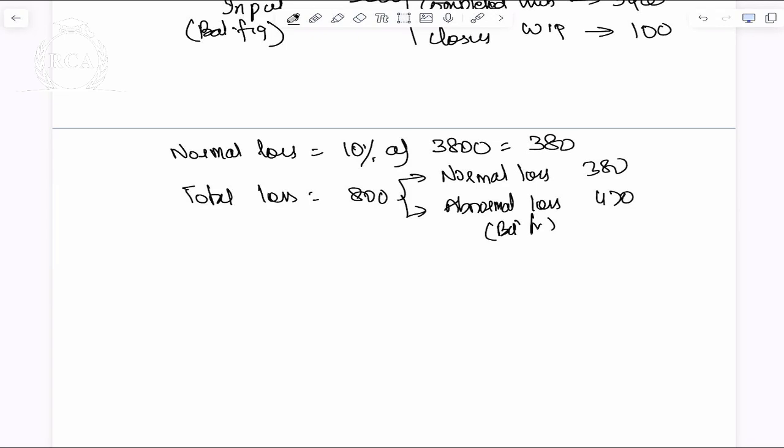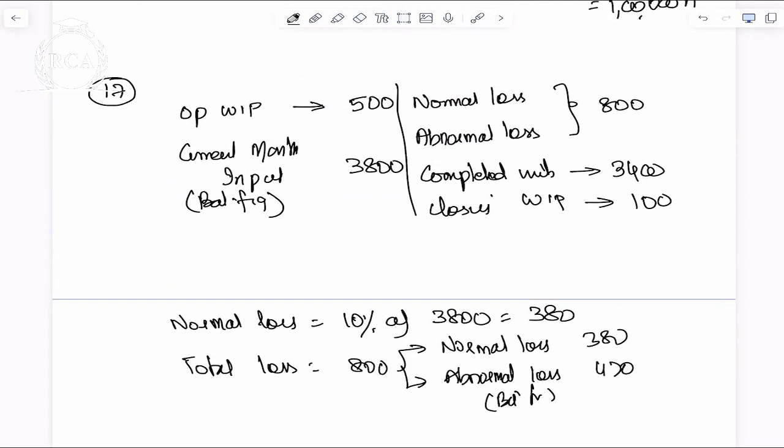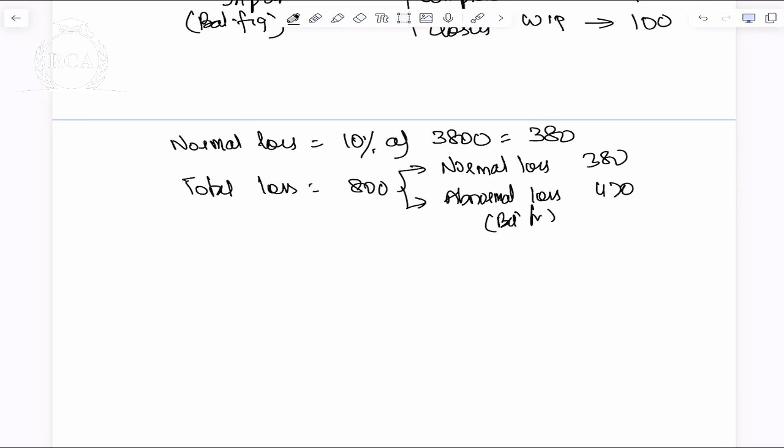Once you're done with this, beta, the top part is not done yet. Start presenting the statement of equivalent units. Do not forget, beta, labor and overheads have a different degree of completion. Please write that note, beta, in the question itself: as degree of completion for abnormal loss is not given,